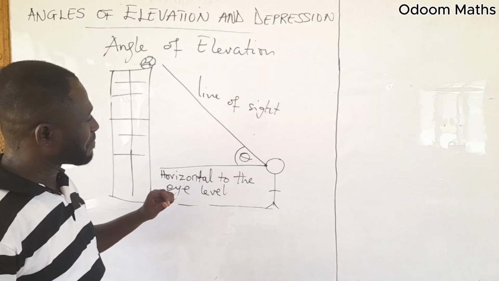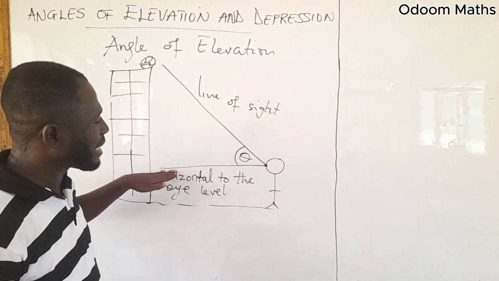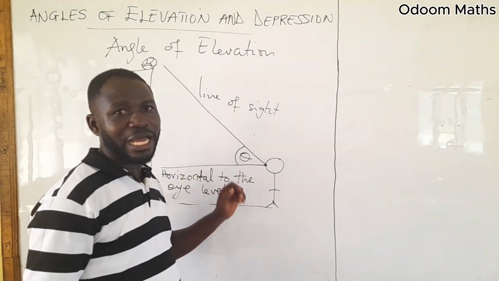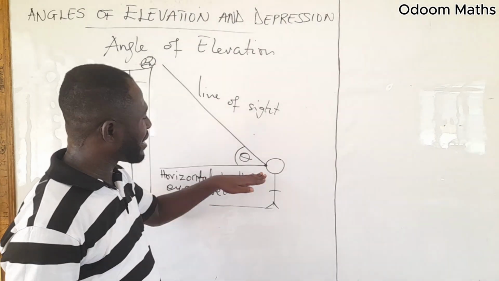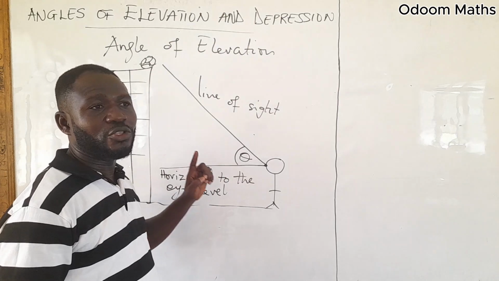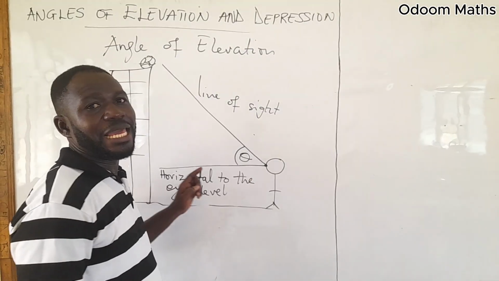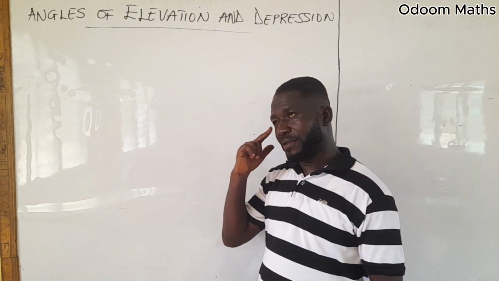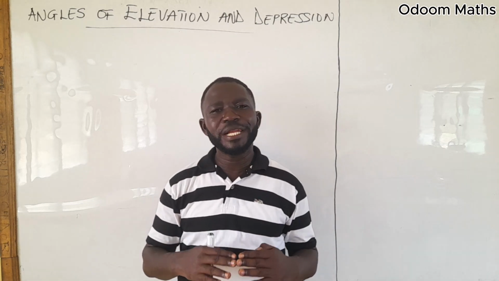So look at it properly. The angle should be above the horizontal line to the eye. If it's below, that one is also a different case. But this one is above the horizontal line. So we are making reference to the horizontal line to the eye level. Now when we talk of the angle of depression, the angle of depression is the angle below the